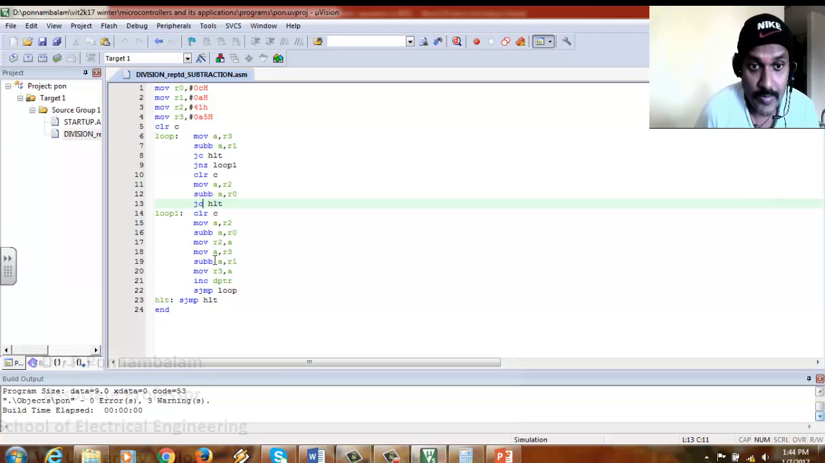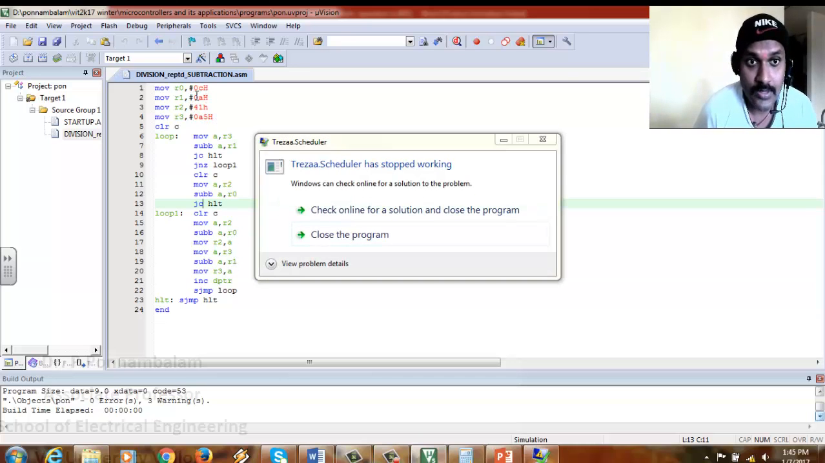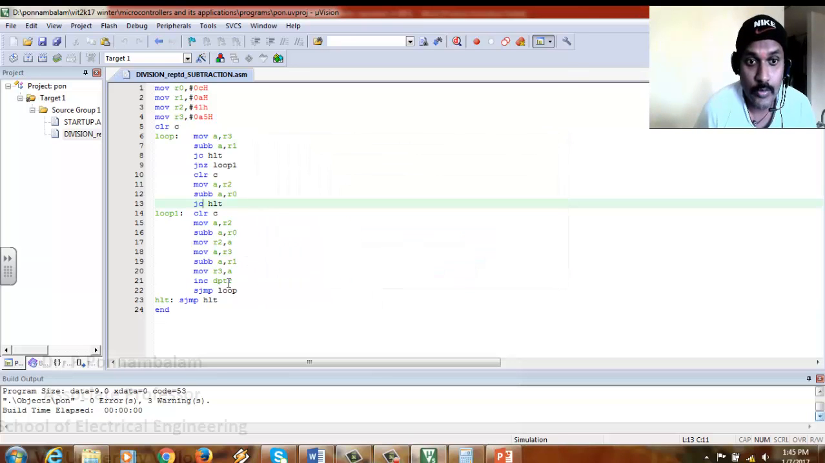Then MOV A, R3. So R3, that is the upper byte of the numerator, is moved into the accumulator, and R1, the upper byte of the denominator, is not moved but is being subtracted in SUBB A, R1. The result is moved into R3 again, and INC DPTR keeps the count of how many times this subtraction is happening. Once the subtraction has happened, the DPTR is incremented by 1, then it goes into the loop